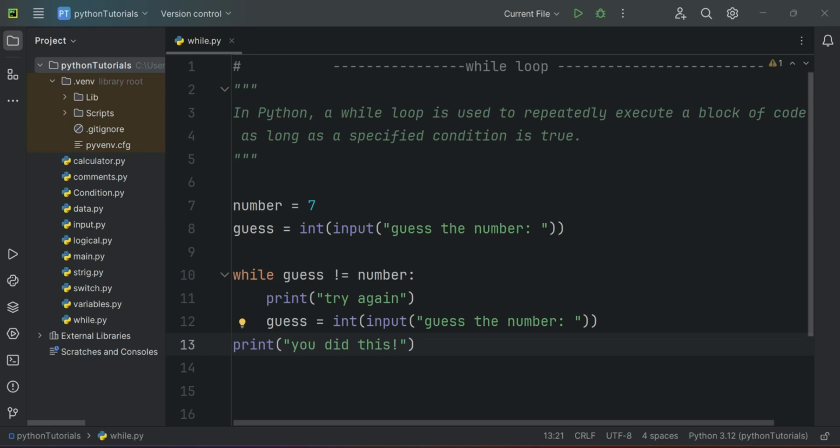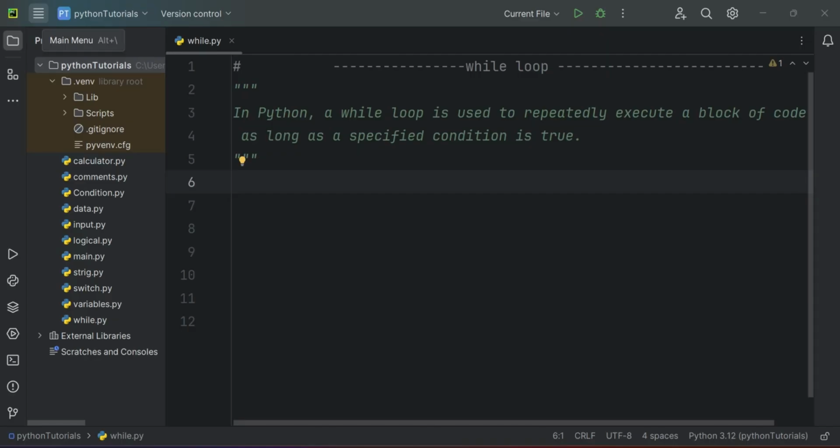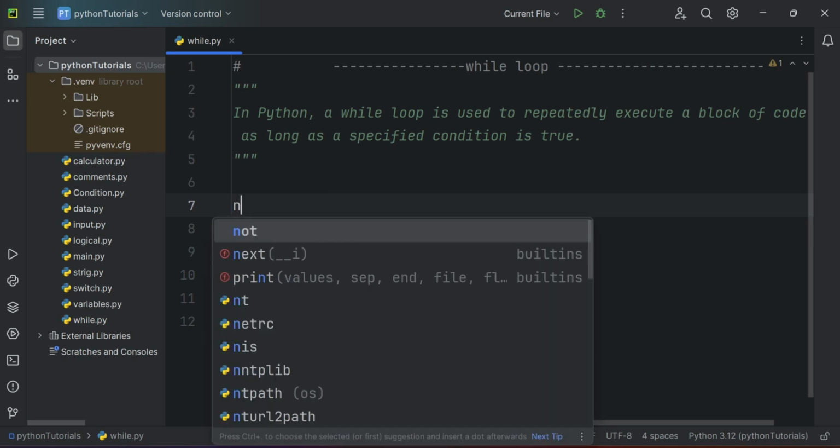Today we are going to learn while loops in Python. In Python, a while loop is used to repeatedly execute a block of code as long as a specified condition is true. For example, here I'm going to create a variable number